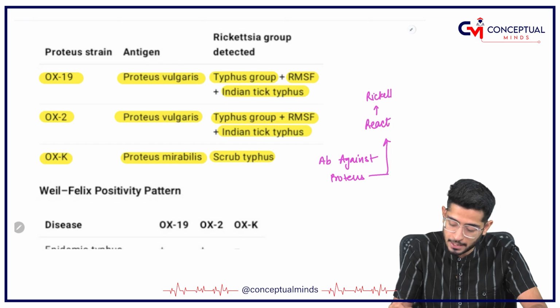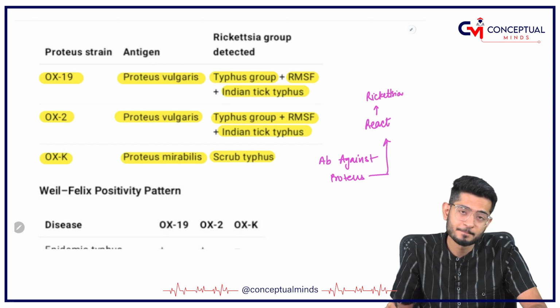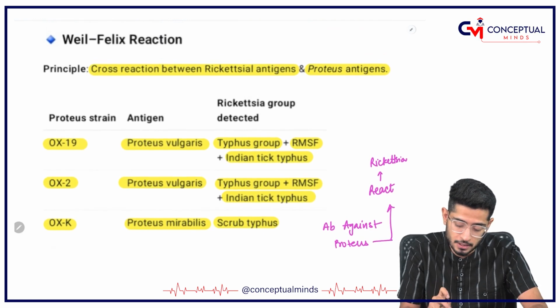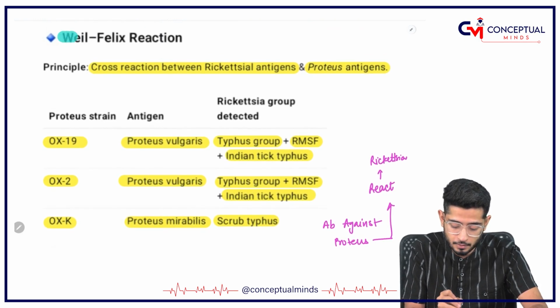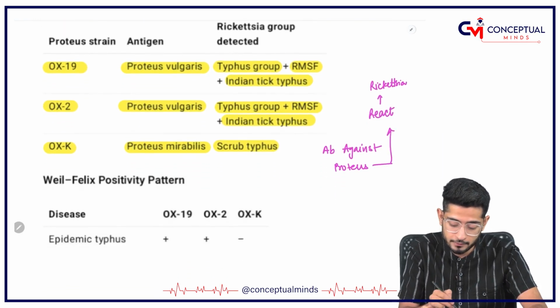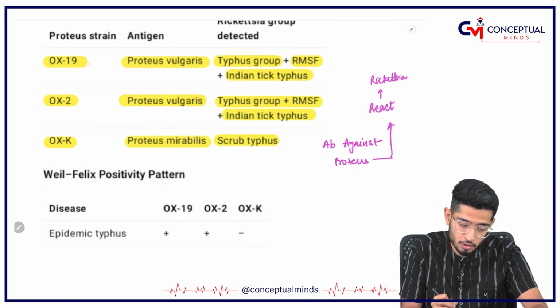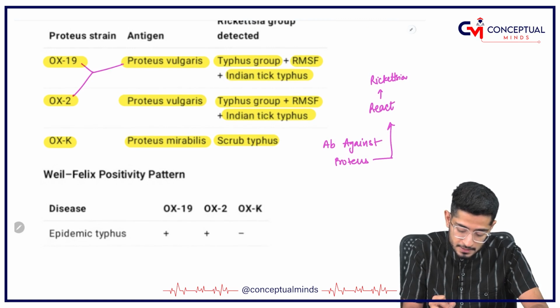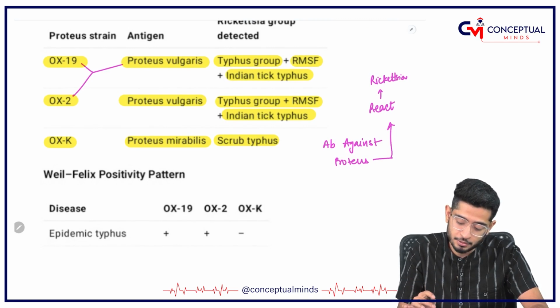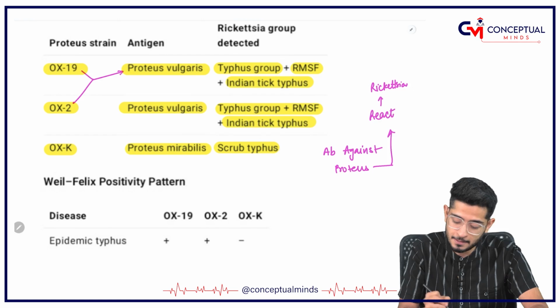Okay, they are going to react with Rickettsia. This is called as which reaction? This is called the Weil-Felix reaction. So what happens is OX19 and OX2 against the Proteus vulgaris are able to react against the